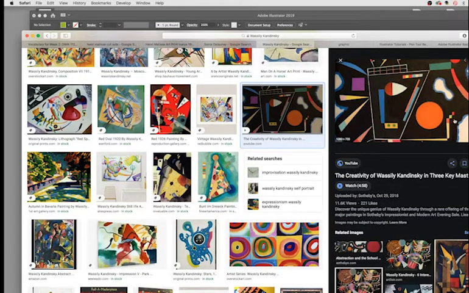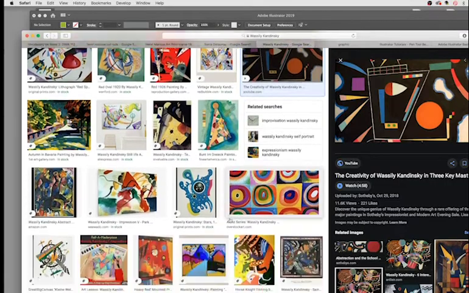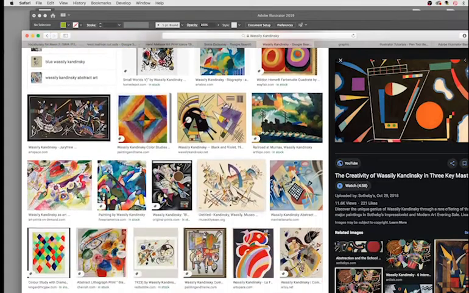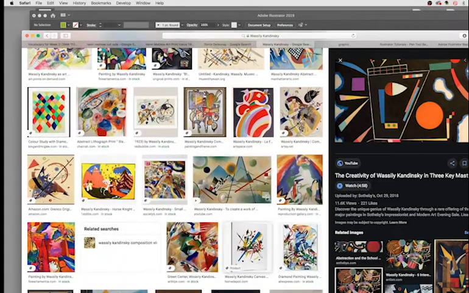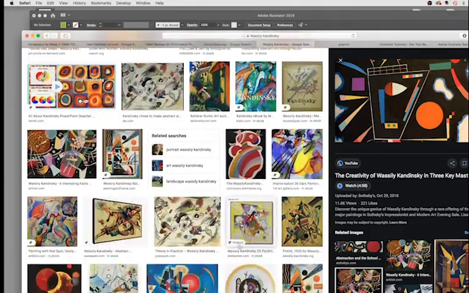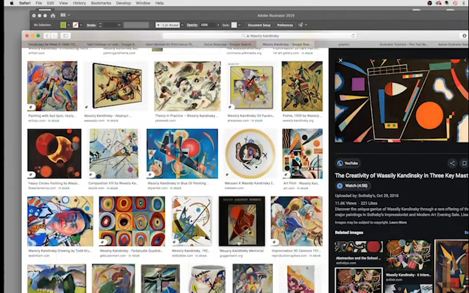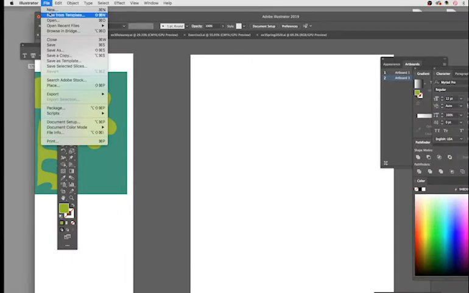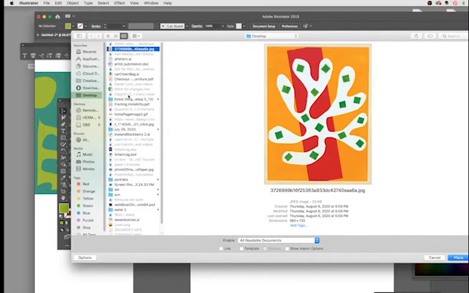And Kandinsky. Kandinsky was a Russian painter, again, early 20th century artist, and he used a lot of shape, and he arranged them in variations that had lots to do with music. So again, you're going through here looking at some of these works, and perhaps there's something that sparks you in terms of, what does this painting look like, or does it also sound like something? Whichever one you choose, you drag it to your desktop, and then we will File, Place, onto the new artboard,